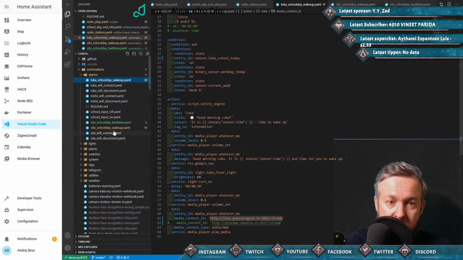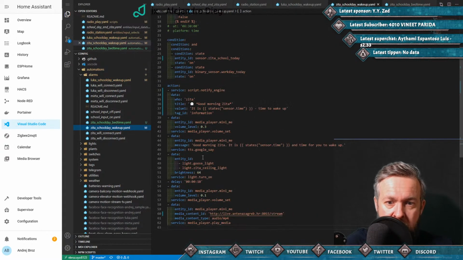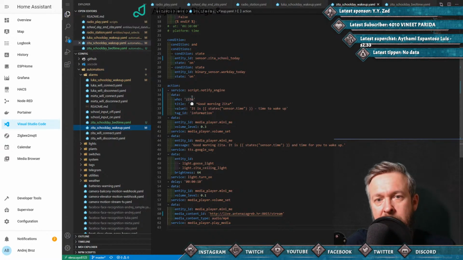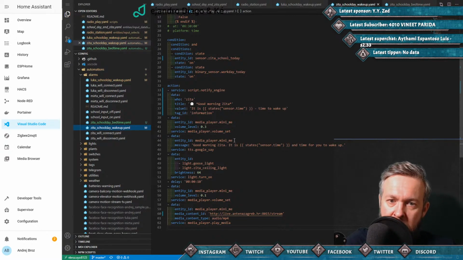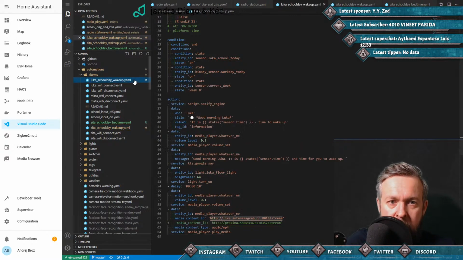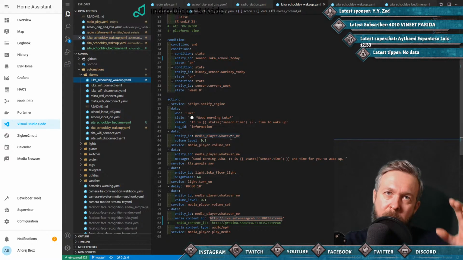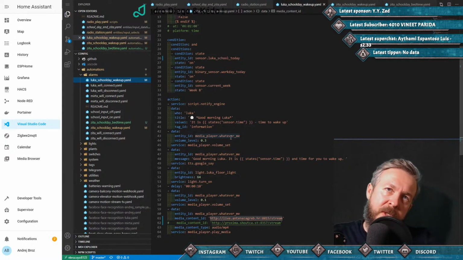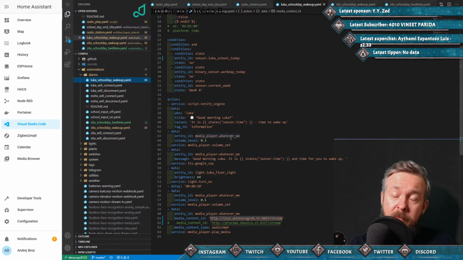Here I have Good Morning Luca, and here I have Good Morning Zita. It sends a message to one mobile phone, and the other one sends to the other mobile phone. This one is sending a message to the Mini-Me media player, and the first one is sending to whatever me. So more or less all of the automations are the same, but parts of the automations are tweaked depending on the